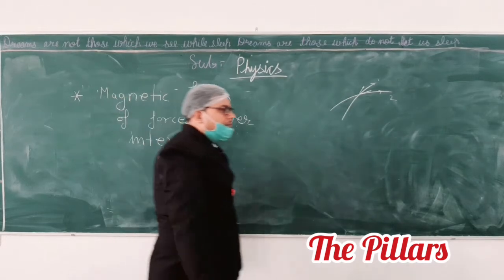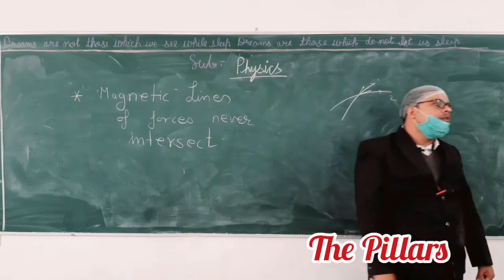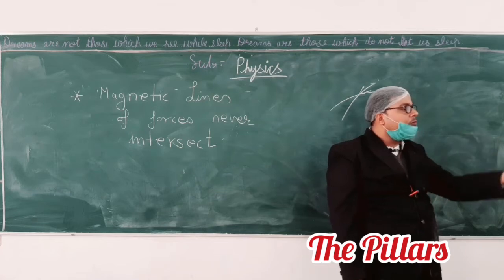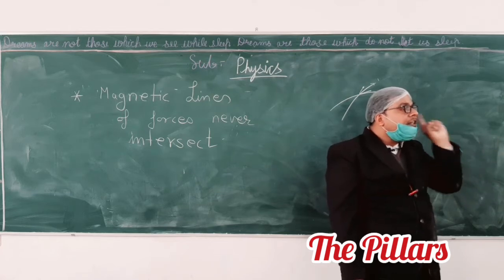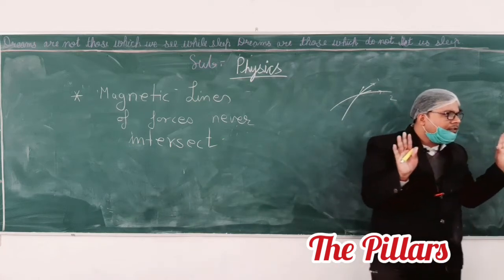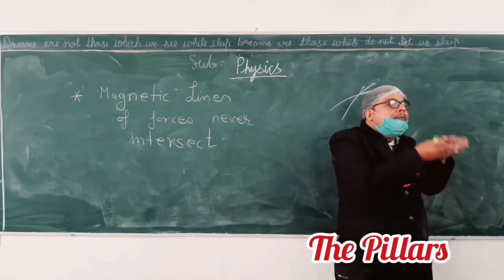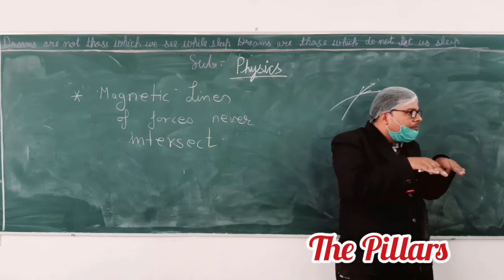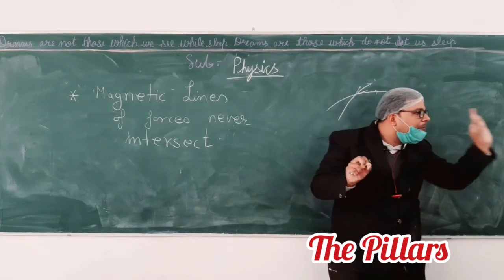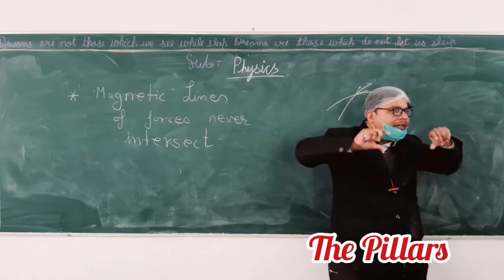Yes. If you bring two magnets in such a way that the first magnet's magnetic field intersects with the second and place a compass between them, then what will happen? You will get the net deflection. Whatever deflection is, it is due to the effect of both. No, you're not getting my point. See, one field will be there and other field will be there. Whatever net field will be there, that will be due to both. At that point, magnetic field due to both the magnets will be created. So we are going to have a net magnetic field. It's not like that for one deflection will be different and for other it will be different.